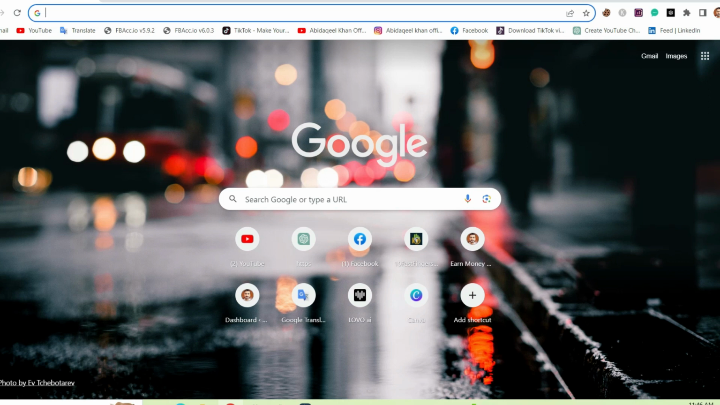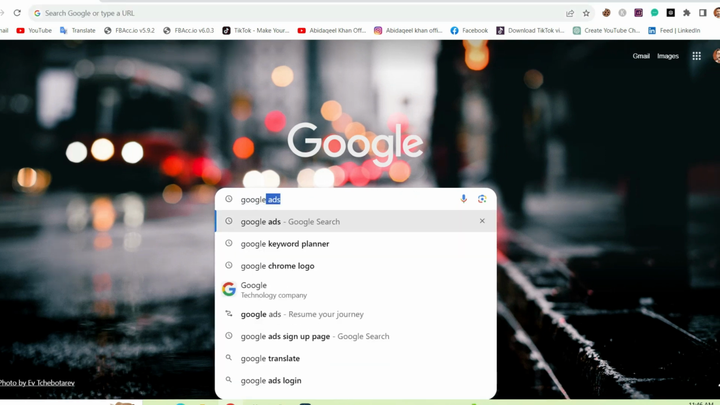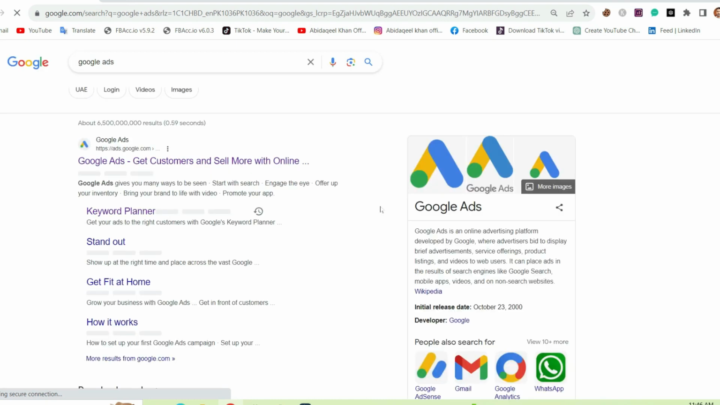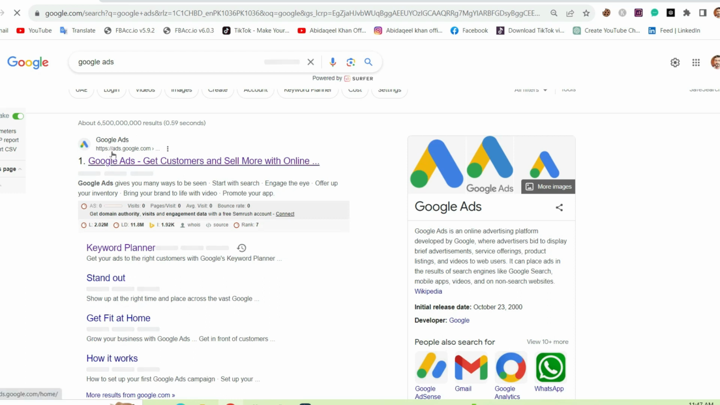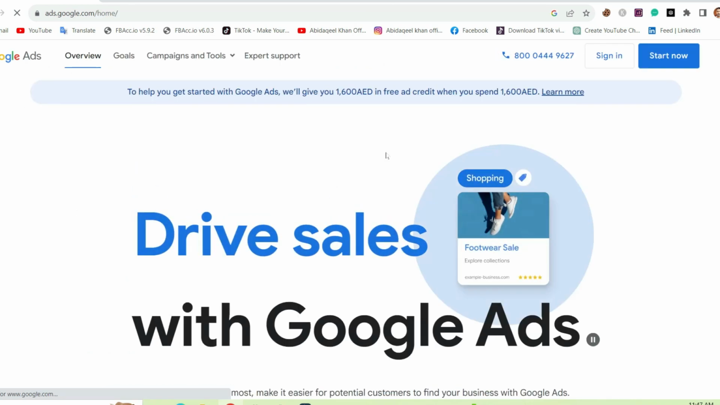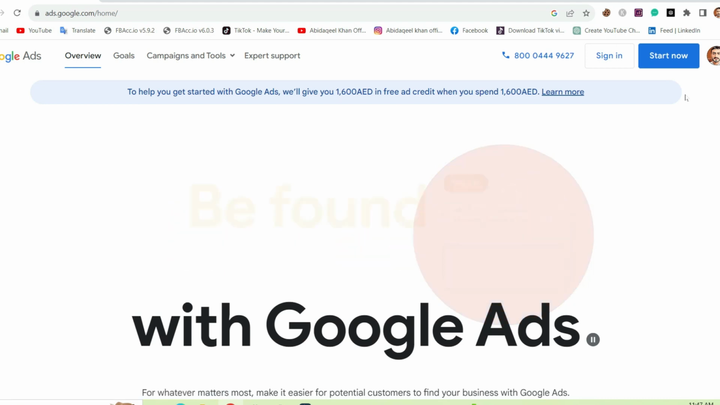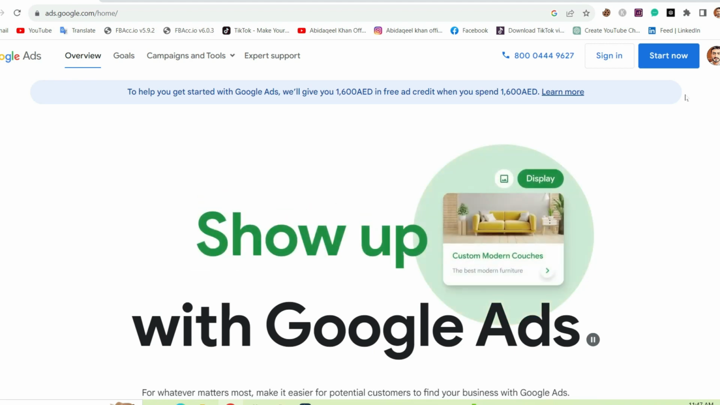So let's start. First of all, search here Google Ads. Search here on Google Ads. So first of all, you can see here Google Ads, https://ads.google.com. Open this one, and you can see here, if you have also created the Google Ads account, sign in with your Google account, then